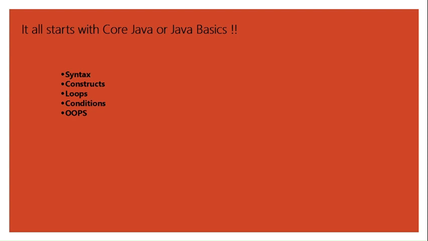And also what are the constructs, what are loops, what are conditions, basically what are the basic building blocks of Java, how do we go about it, and what are the pillars of Java, like the object-oriented programming principles, and how we achieve those things in Java. Those are the things we'll cover in the initial classes for the initial understanding, because you need to know, I don't know your background, but you should at least be able to write a small program. You should be able to execute it, and you should be able to tweak the code based on the requirement.